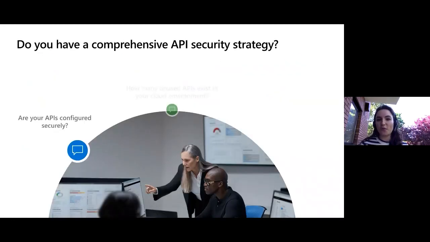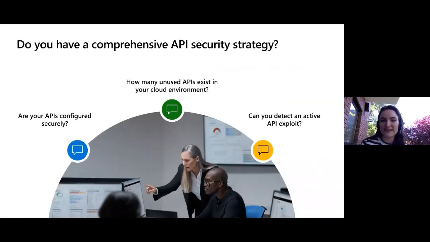And what does that mean? How can you actually protect your APIs? What are the things that you need to protect your APIs? There's a few things, just a very brief summary. First of all, are your APIs configured securely? Do you have authentication for the APIs, and is it a secure type of authentication? And how many unused APIs exist in your cloud environment?